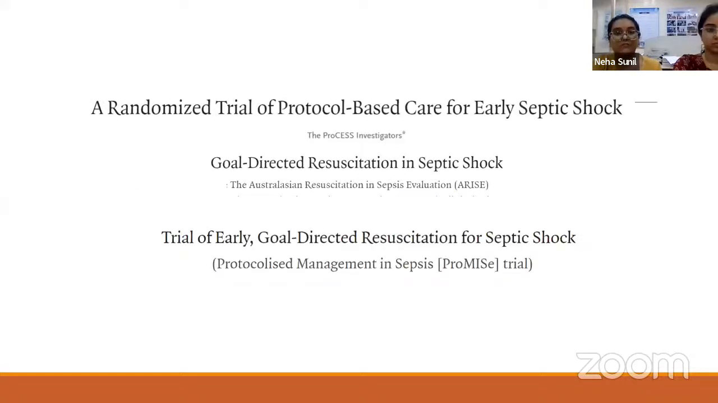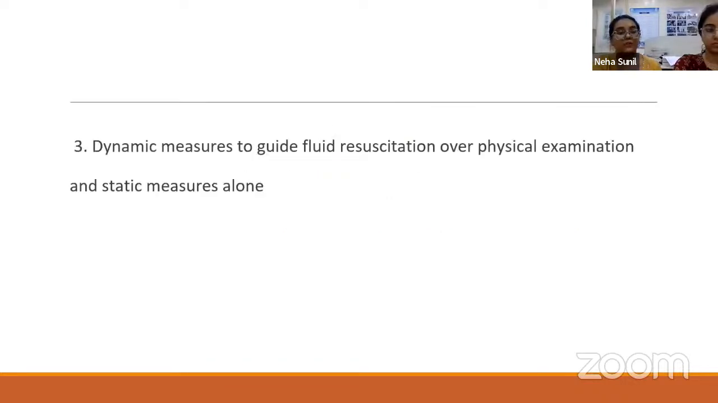The three trials of PROMISE, ARISE, and PROCESS have compared early goal-directed therapy, standard care, and usual care, and they've come to the conclusion that there was no difference in mortality in these different patients. This again shows us that when the patient requires fluid beyond this 30 ml per kg after the first 3 hours, we have to use dynamic measures to guide fluid resuscitation over only physical